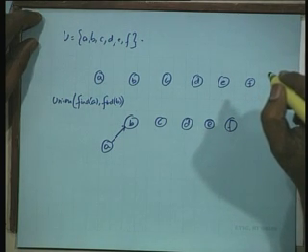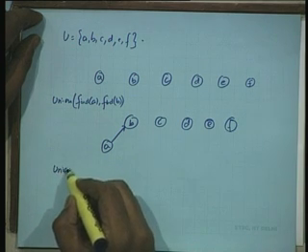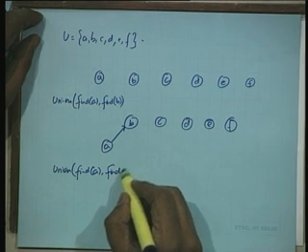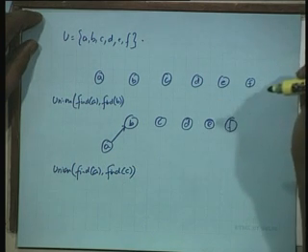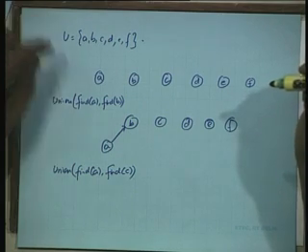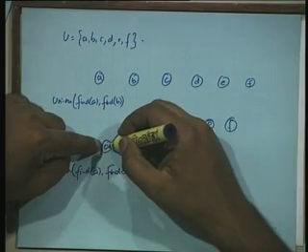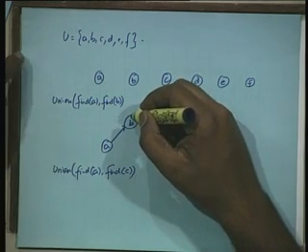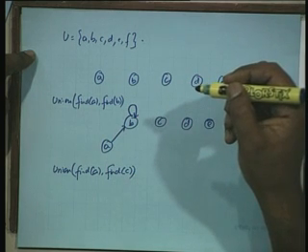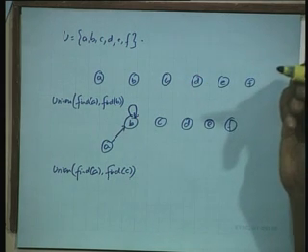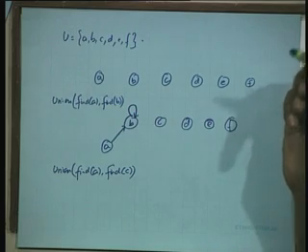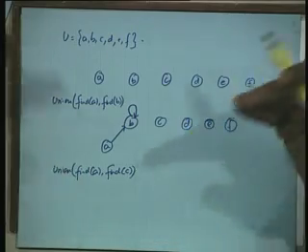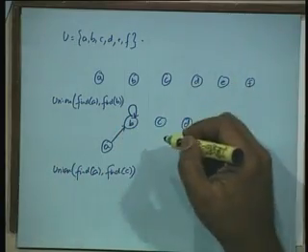Okay. Now suppose you were to say the same thing, union find A comma find C. So when I say find A, I will start from A and keep going up till I hit the root. So this is now the root. How do I know it is the root? Because its pointer points to itself, let us say, or it is null or whatever. We will make A point to B when we do union of find A and find B. Yes, when we do the union. So you will understand this as we proceed. So this is what the trees look like. So each one of them is a tree.